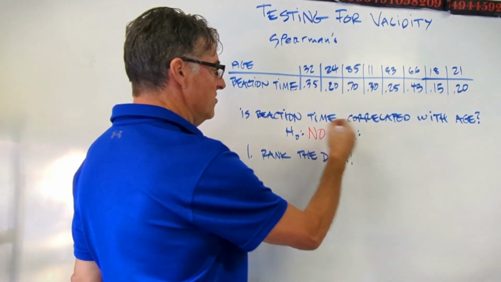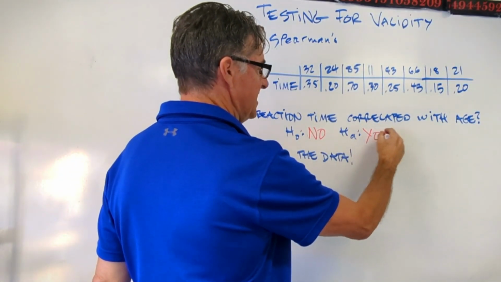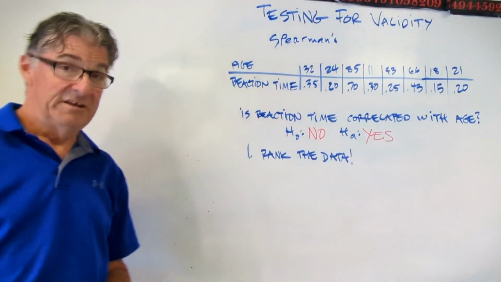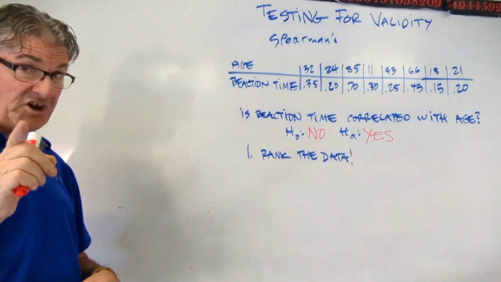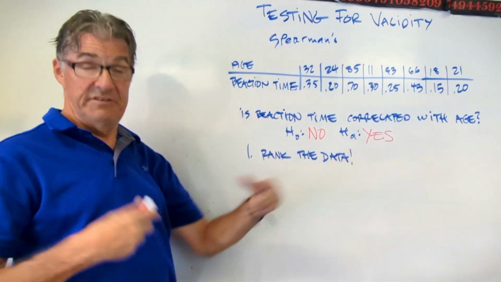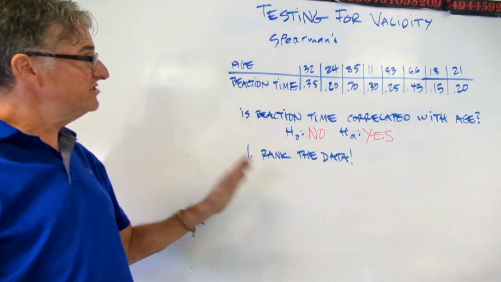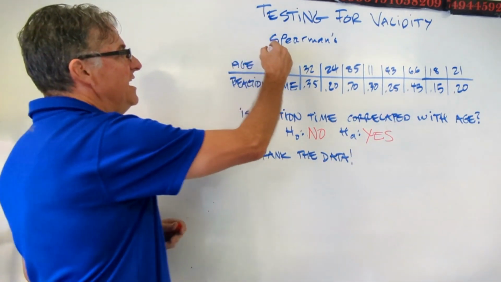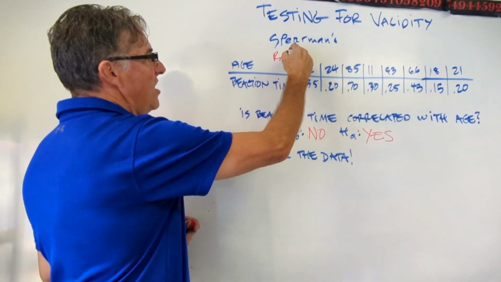H0 is no, there's no correlation, and HA is yes. Okay, a little bit of a switch there. Glad you caught that. Okay, so H0, no correlation. HA, there is a correlation. All right, so the next step is to rank the data, and I like to do it right on the